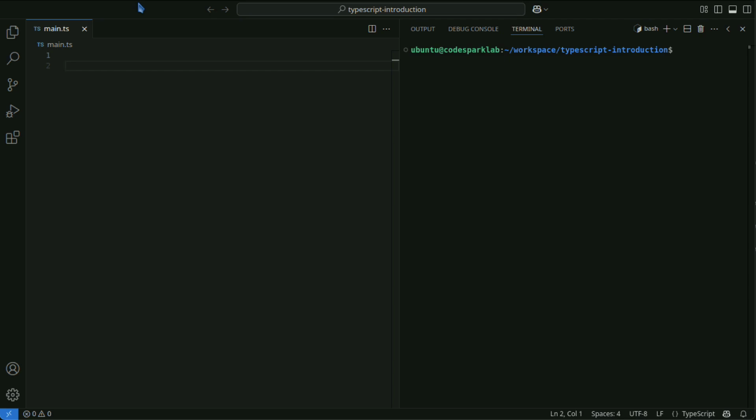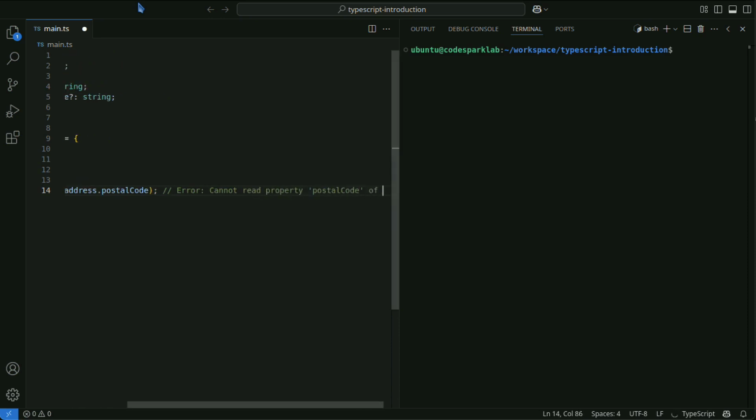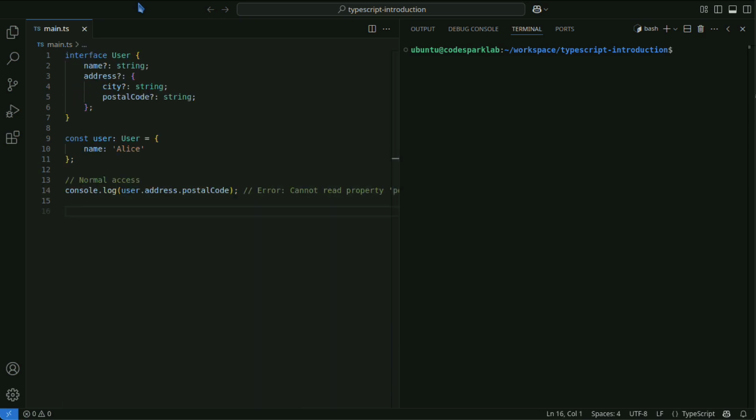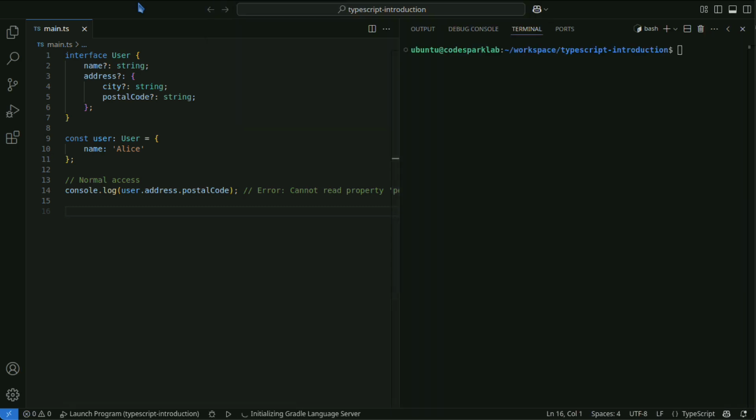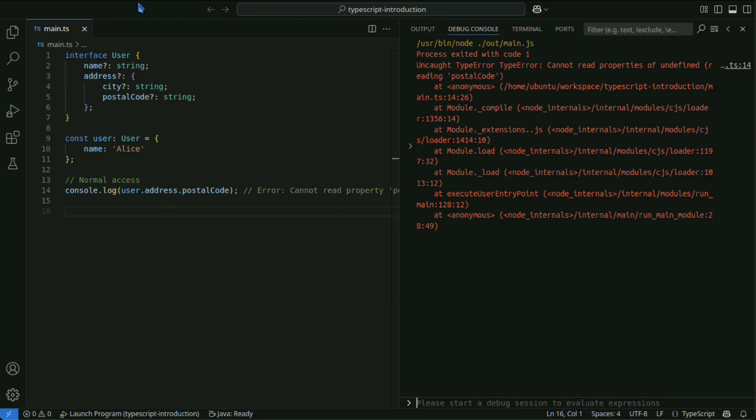For example, when accessing properties of a nested object as shown below, an error occurs if the property does not exist using the usual method. In this case, an error will occur if address does not exist.